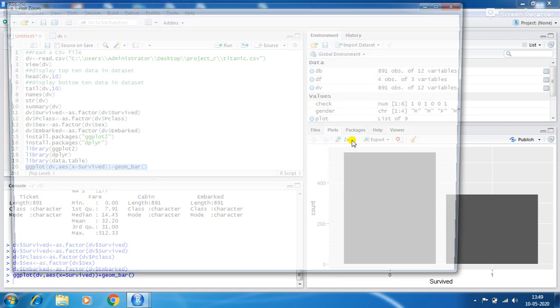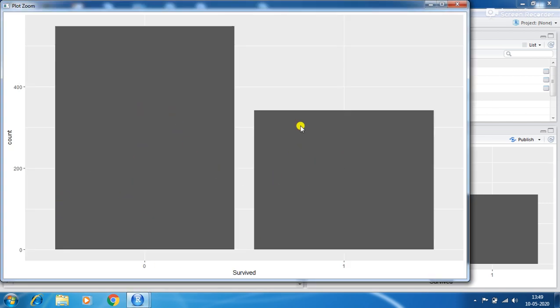Okay, we have to zoom it. 0 means not survived, 1 is survived. Nearly 350 have survived, otherwise more than 550 are not survived.